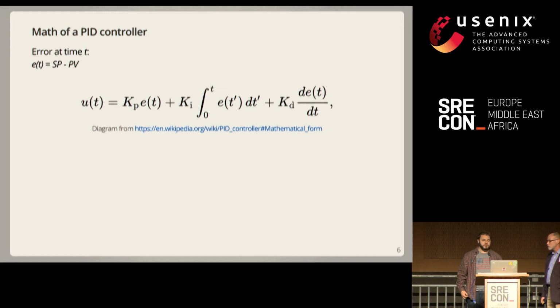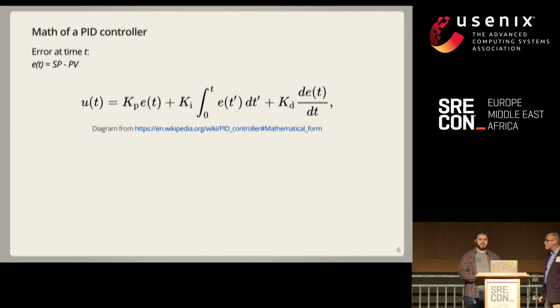So the proportional term is very simple. It is just the error value itself. It is the amount that you are off from your target value. The integral component is a little more complex. It is the accumulated error over time. So with each iteration of your PID controller, the error value is accumulated, and that accumulator feeds in to your control state. And lastly, there is the derivative portion,